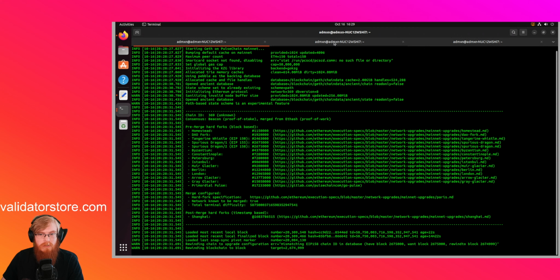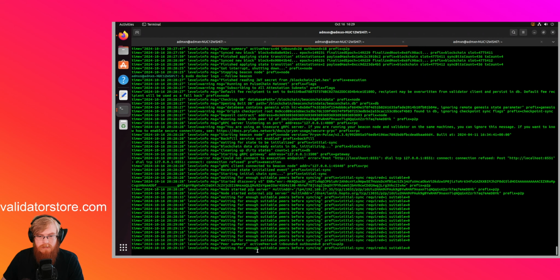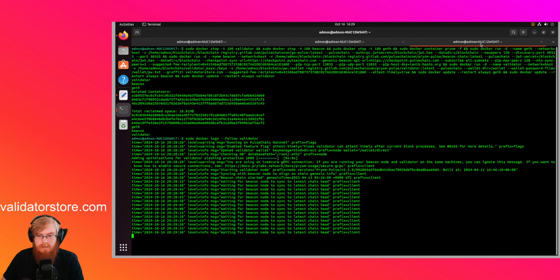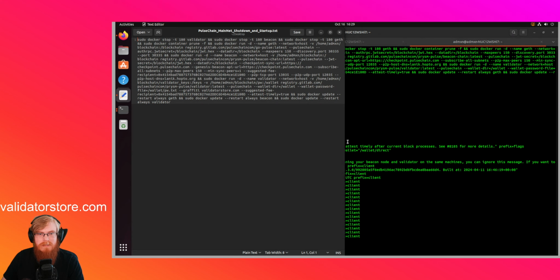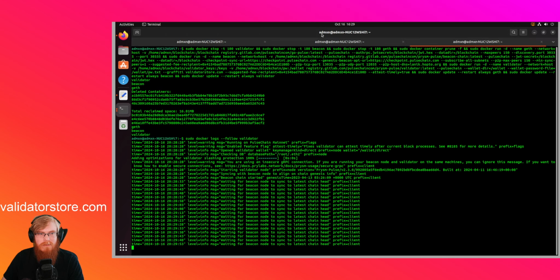So this hasn't been restarted in quite a while. So this looks like it's rewinding to catch up. I hope I didn't break it. Did we use the right script? This is testnet, right? Oh, I just may have broken my testnet node. Well, either way,